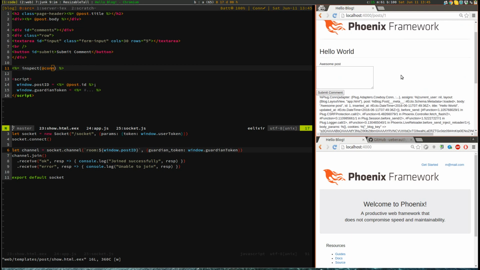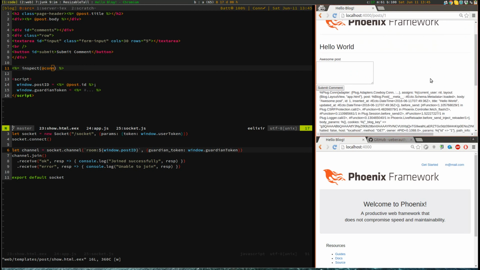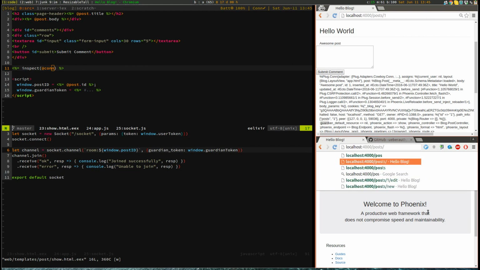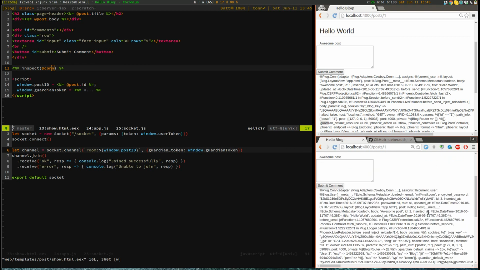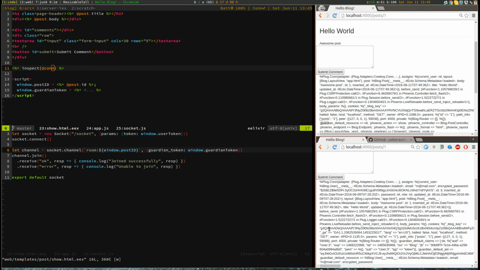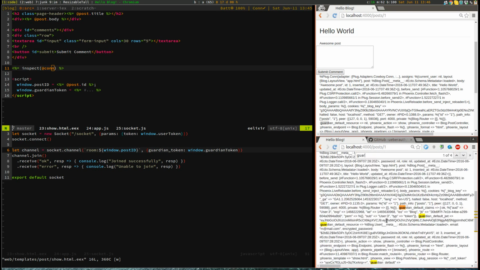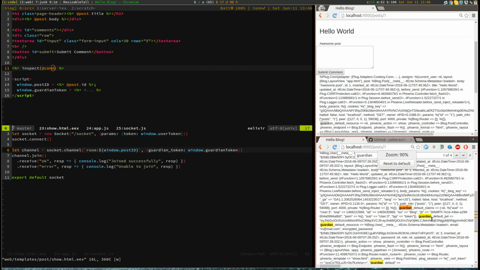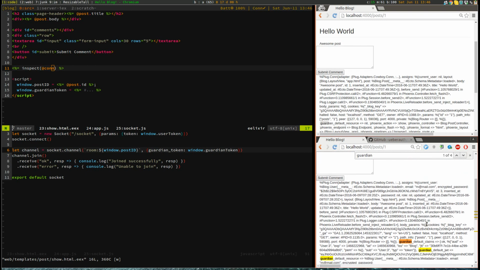So this guy is not logged in, so he wouldn't have any token. But this guy, if we refresh, if we go to the posts one page here, this page should have a guardian token, and so here it is. It's named guardian default JWT, and